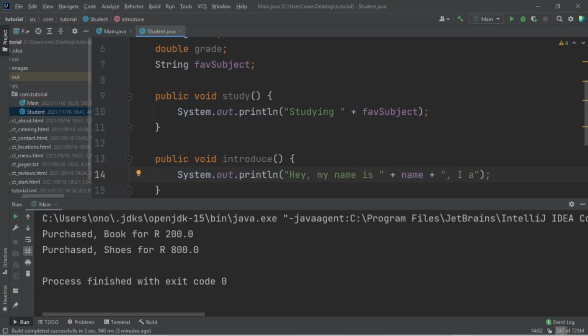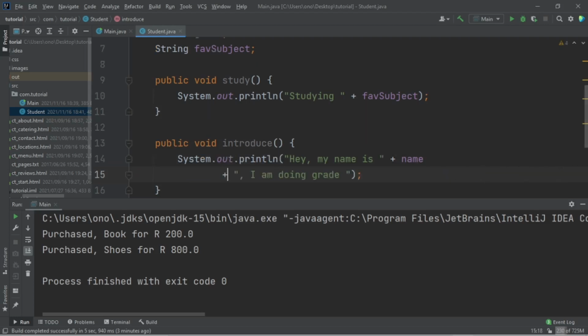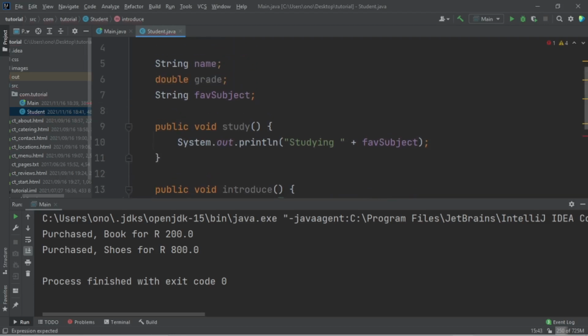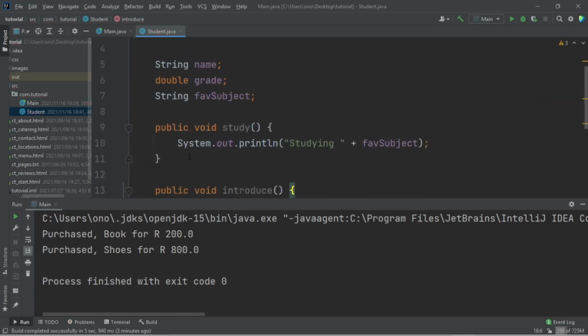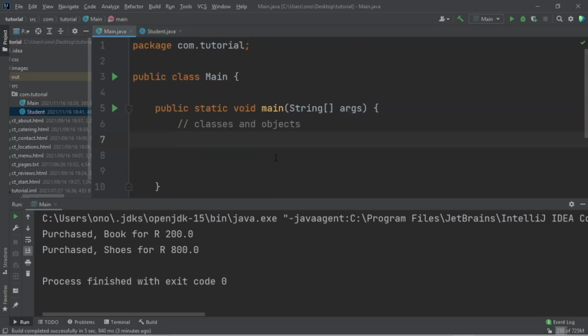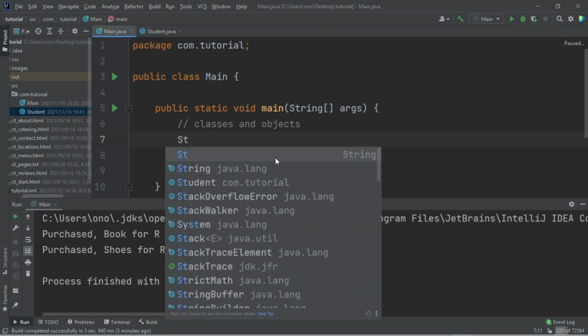I am doing great. Put this on the next line. I'm doing great. Great. Just like that. And then we move on to the main method, and we will instantiate the student